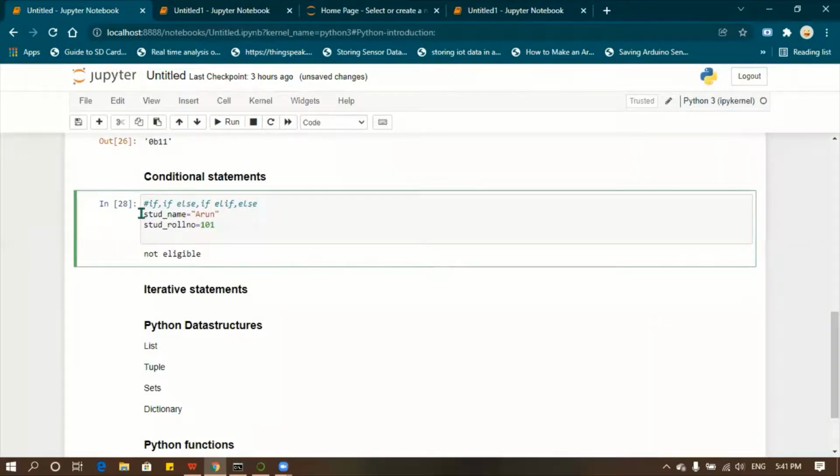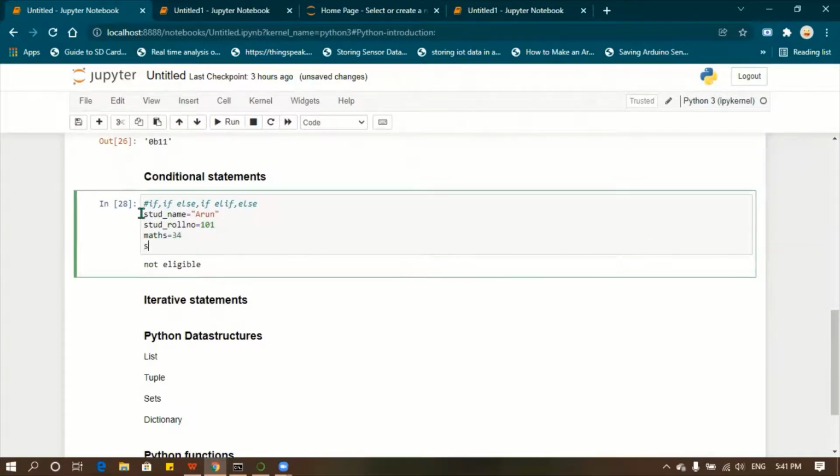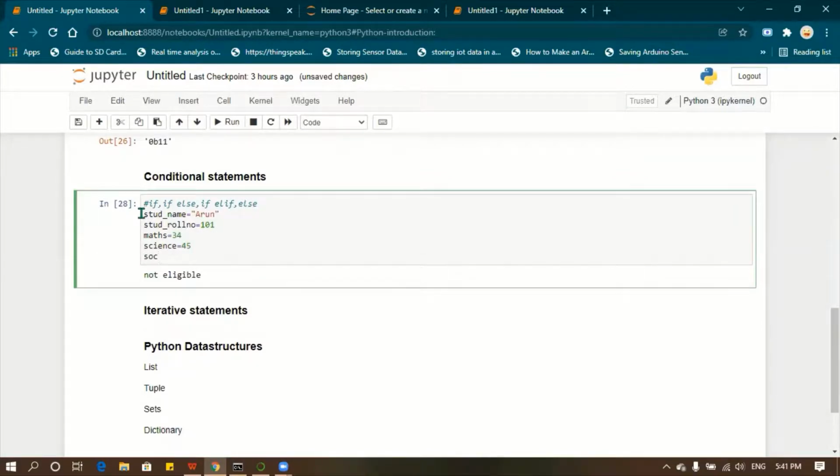And as for the marks, say max equal to 34, science equal to 45, social science equal to 56.